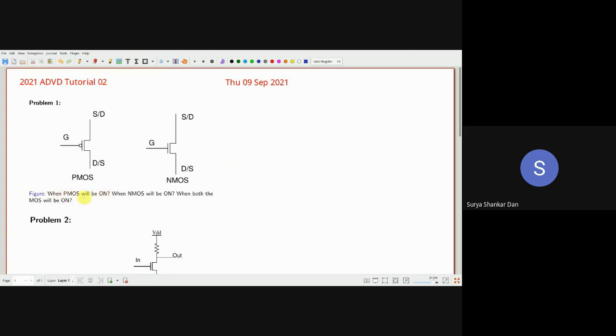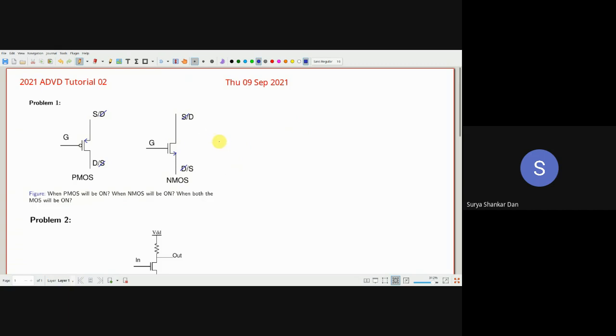There are two options provided for the PMOS, for source and drain. Let us take the first case. And in this case, you will take the second one, meaning it will become easier for us to identify. It's just a matter of turning over the transistor. So if this is the drain and this is the source, this is the direction of the arrow, and if this is the source and this is the drain, then this is the direction of the arrow for the PMOS.